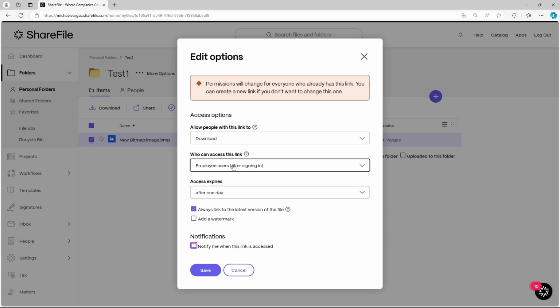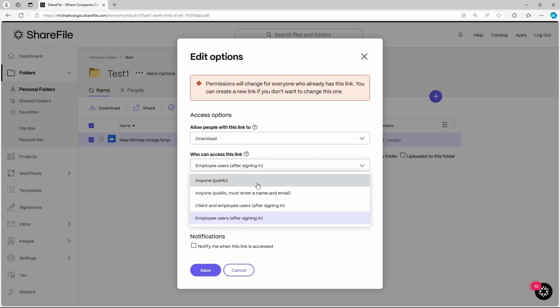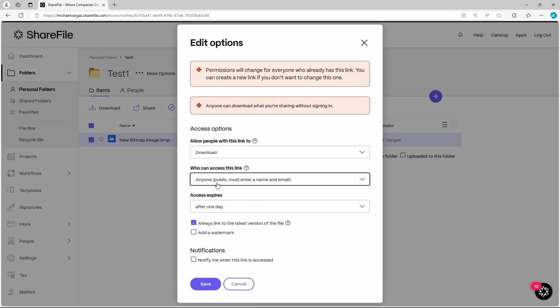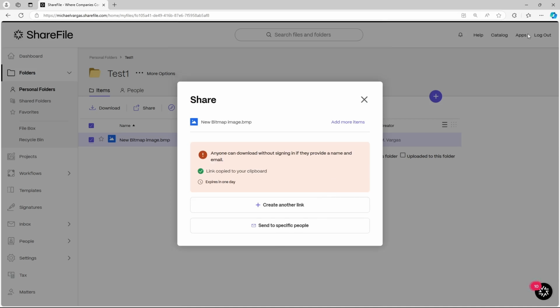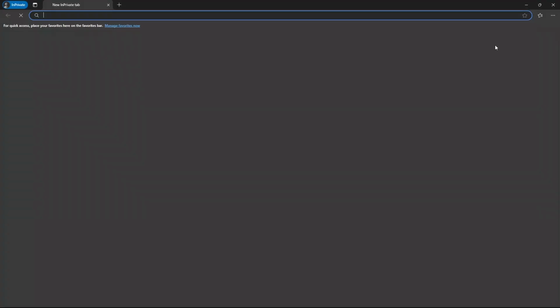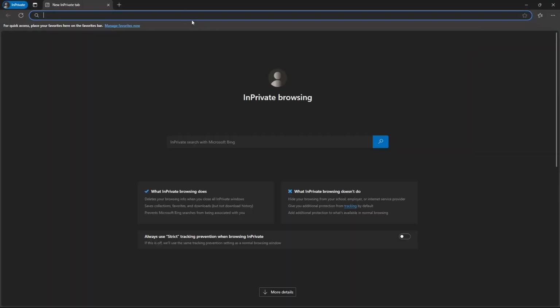Now, what I'm going to do is change this option to anyone public must enter a name and email, because I'm going to show you how it looks. And let me click on save. Just to let you know, you can copy the link. Let me just use an incognito tab, and I'm going to paste the link here.